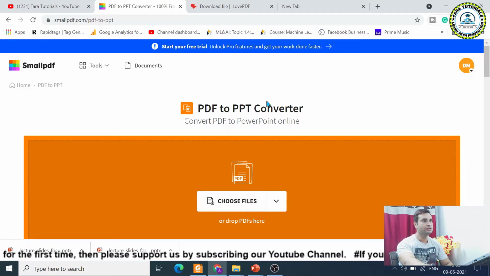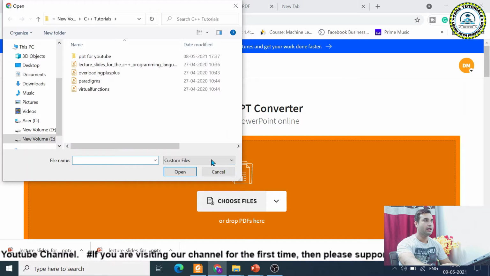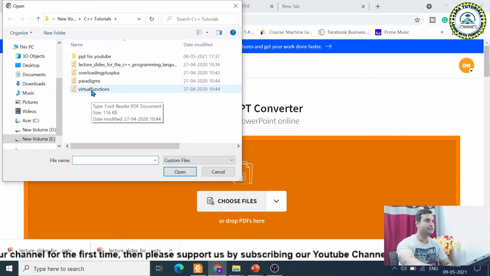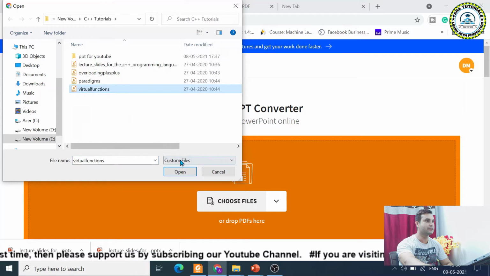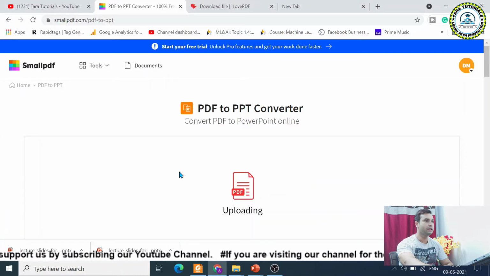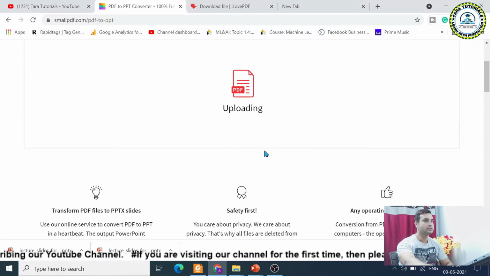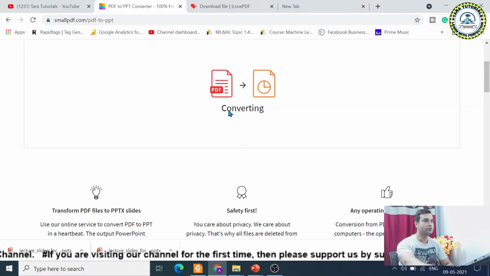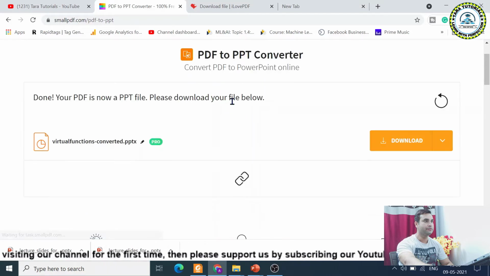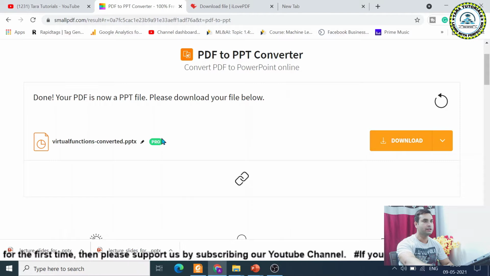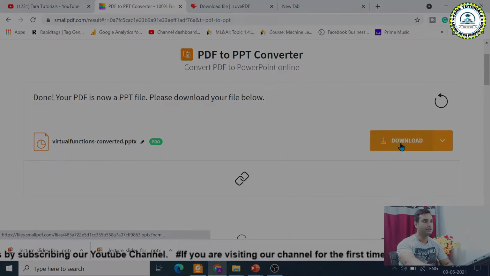Okay, so come to the home page of this portal, click on choose file, and here you can select any of the PDF documents. Say this size is just 116 KB, and you can see that it is uploading the PDF and now it is converted. Now I have an option here that I can download it.